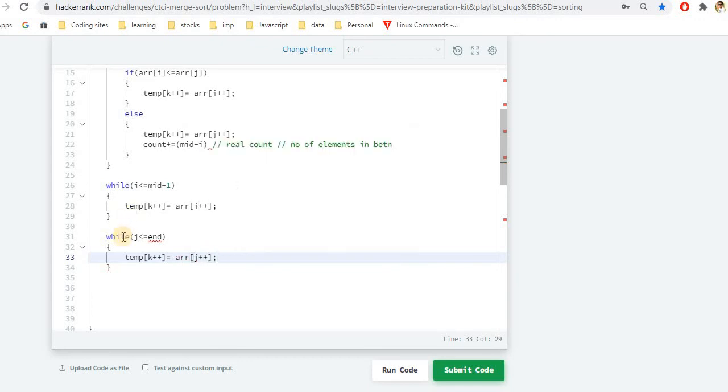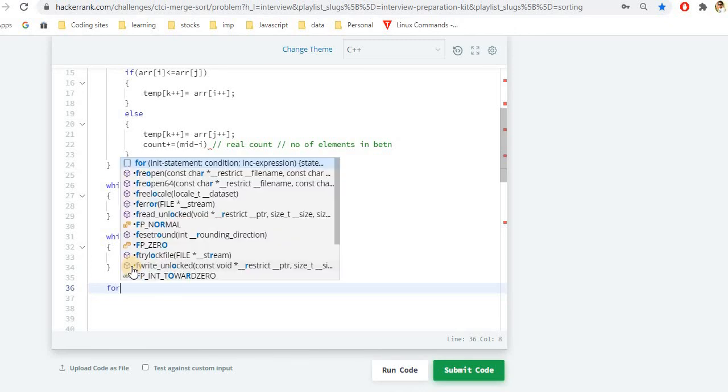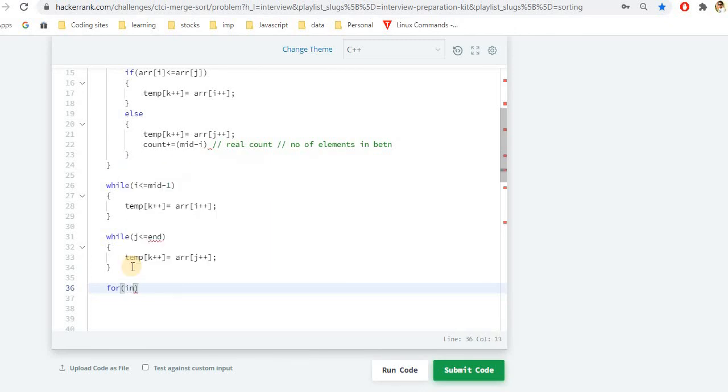So what we need to do in the end is copy all the values from the temporary array to our primary array, or the original array. So this can be basically done with a simple array loop. So let's say i is equal to start. Let's take another variable a, because we have used i, j and k. Let's go with a.